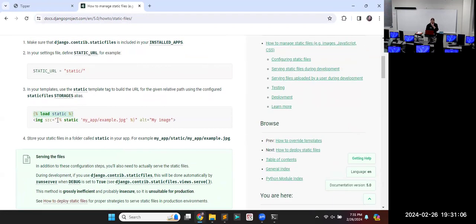Load static in. This one can read a little bit easier. So load static, and then we still have those template looking things, and then we have that keyword static. And then what is it pointing at? That would be the file path inside the static folder. So the static folder has a folder called my app, and in that my app is an example.jpg. So in our case,